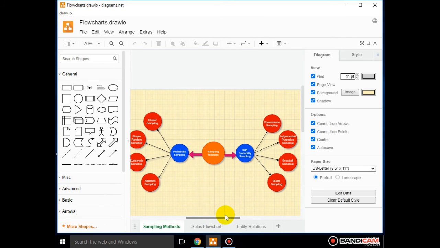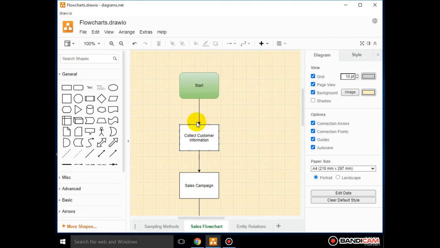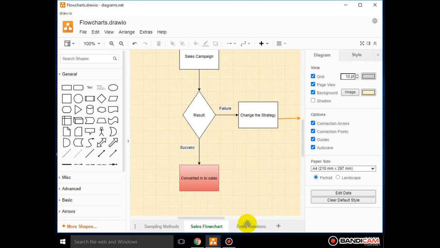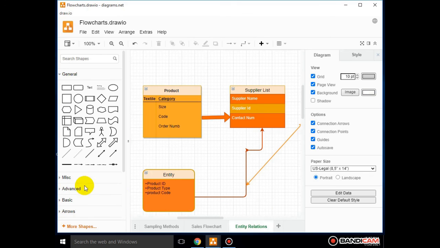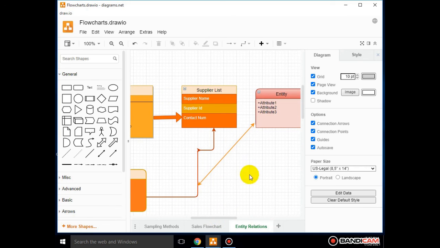Here I am preparing one diagram for different types of sampling, and one simple diagram for an entity relationship diagram. Likewise we can prepare many types of diagrams. This is an entity relationship diagram.